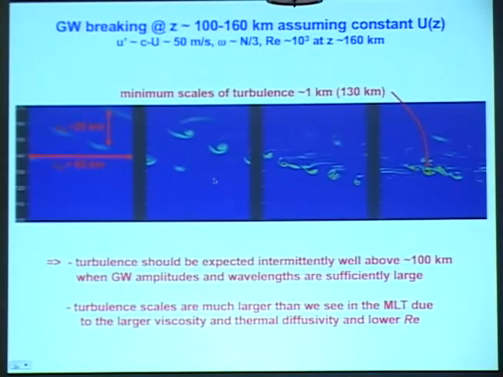But now, because the Reynolds number here is relatively small, these instabilities manifest at much larger scales than you would expect to see lower down. And because the wave is now damping, it fails in later times to propagate to the highest altitudes. The instability proceeds downward with time, and the minimum scales that you see here in what I define as the turbulence spectrum are now about 1 kilometer. So if you wanted to try to measure these structures of the rocket, you wouldn't look for small-scale turbulence. You'd look for turbulence at 1 kilometer and larger scales at these altitudes.